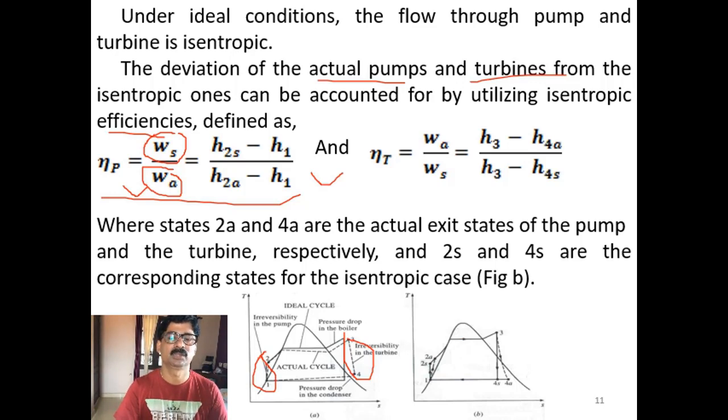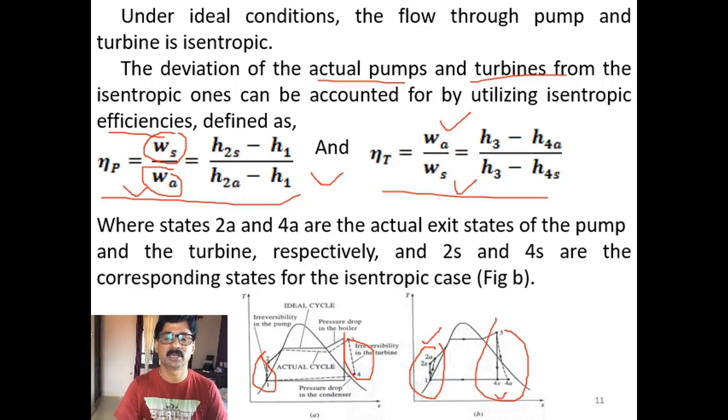But in case of turbine, as all of us know, the irreversibility leads to reduction in net work output from the turbine. So the actual work is less, whereas the ideal work is more. That is very clear from this diagram. You can see these two expressions are written with reference to this TS diagram. So 1 to 2S is the isentropic work, 1 to 2A is the actual work input for the compressor, whereas 3 to 4S is the ideal work and 3 to 4A is the actual work output from the turbine. So the actual work input required for the compressor increases, whereas the actual work output of the turbine decreases because of irreversibility.